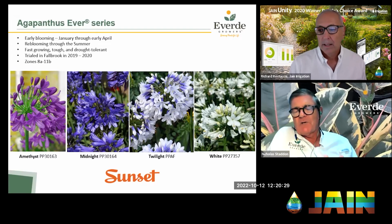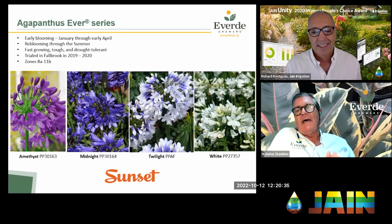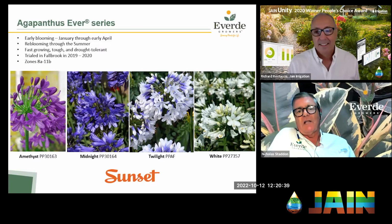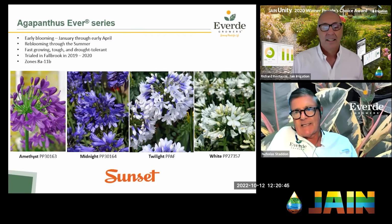Agapanthus are very much in that Mediterranean type group of plants. Agapanthus are native to South Africa, and when they are established, they're very drought tolerant. This is a brand new group of Agapanthus that are coming to market in the Sunset series, and some of